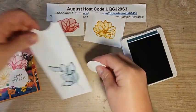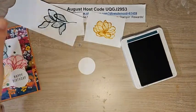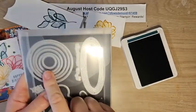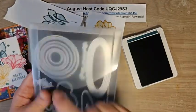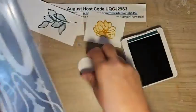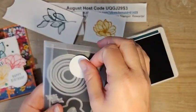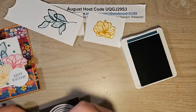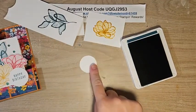I have a greeting, or a circle that I have die cut. And do I have those dies here? I do. I used the circle dies that are in the Reach for the Stars. This is the one that goes with the little space shuttle. And I used the third, I think it's the third smallest. Yeah, I used the third smallest